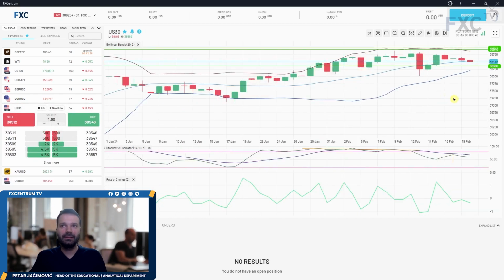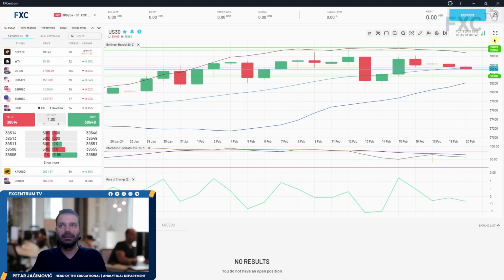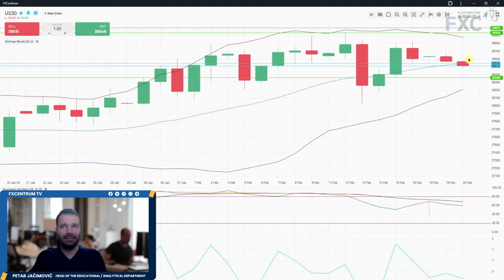Now, speaking of the US 30 market, we can see that the market is trading below the middle Bollinger Band. So is this a new beginning? And I alerted about this retest. You can see that the slow line of the stochastic was sloping down, but the fast line just corrected and now we have the downside continuation. So the downside is more likely to happen, and some of the downside objectives on US 30 are set at 38,365, and then the lower Bollinger Band